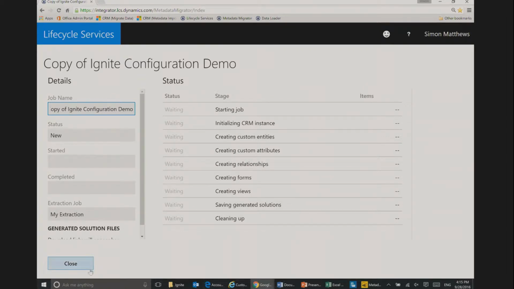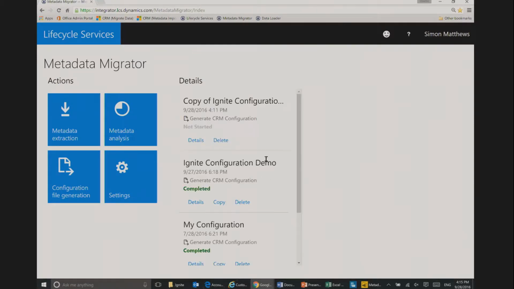This can take a little while. The job will pick it up in a second. But again, I've made sure I had a copy of it ready to go. So if I have a look at the details